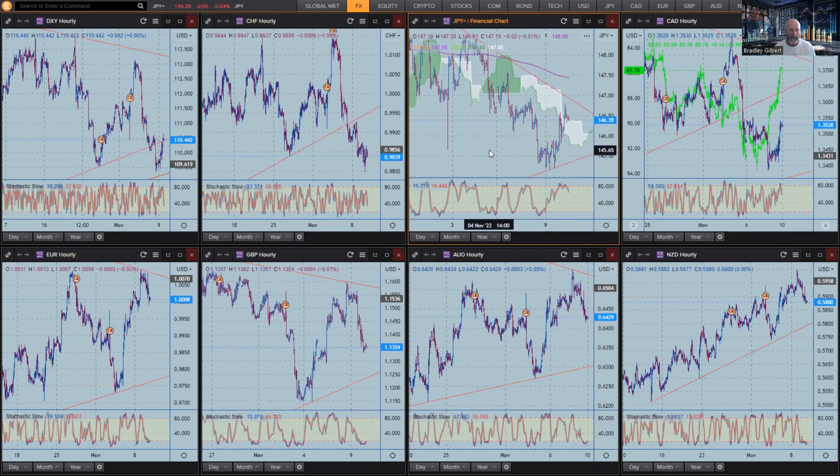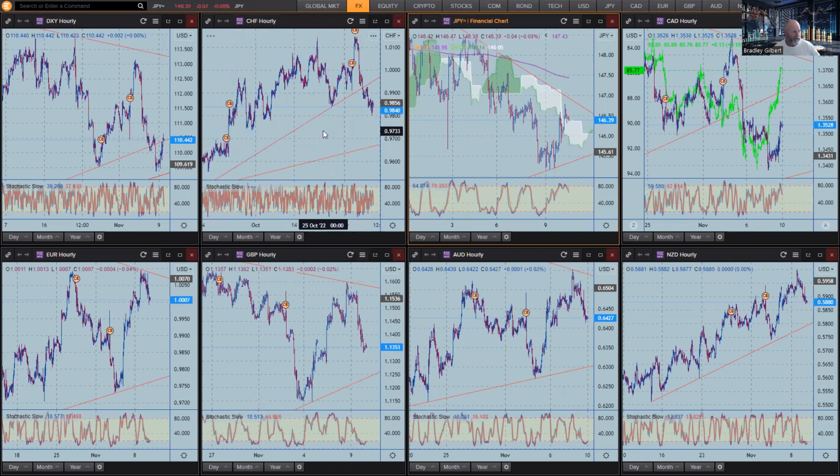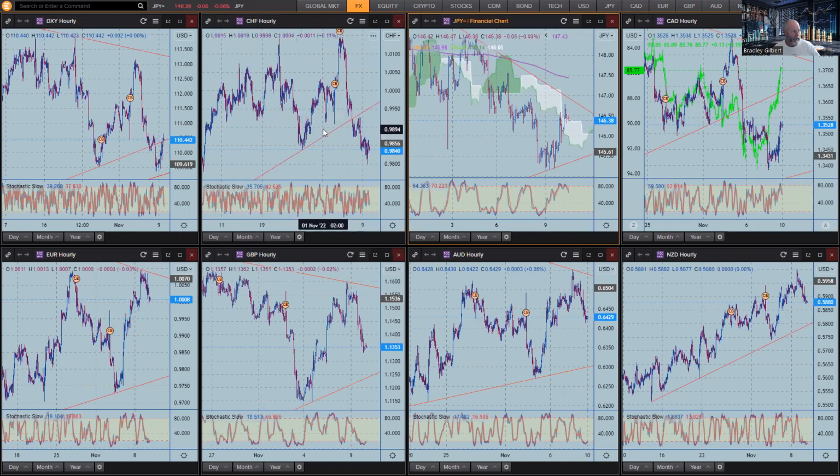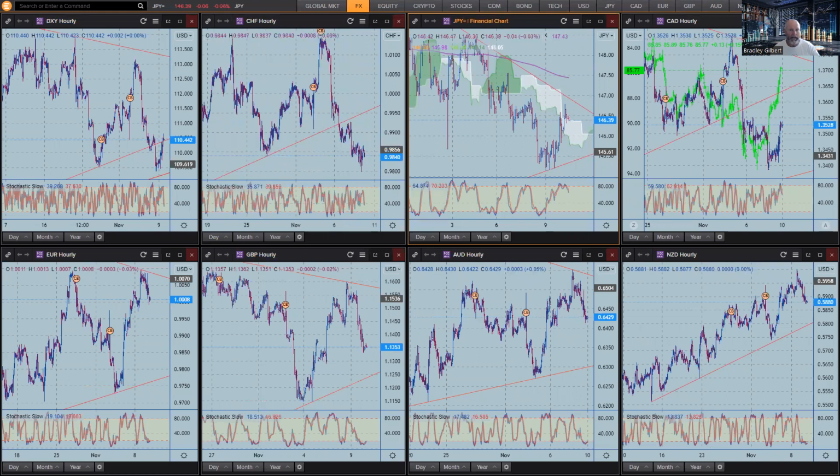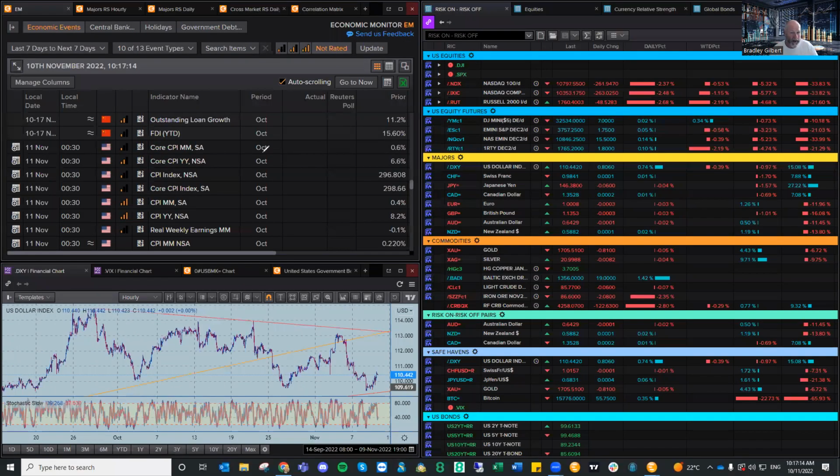Preparation will take away the anxiety, and it will become more exciting because you're looking to make money as opposed to potentially getting kicked out of a trade. All right, this is not for the faint-hearted. If you can't handle the number coming out, and if you don't have a service which releases the number instantly, well, you are out of the game, right? Of course, you could use pending orders, but you won't know how to manage them if you don't know what the numbers are, right? That's the key to it.